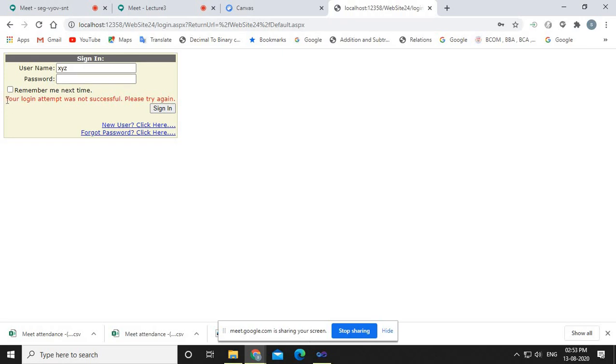It won't allow you, right? You might think, sir, I entered the correct password, so why doesn't it allow me to log in? That is because we have completed only half of the forgot password process, right? So ASP.NET has reset the password of this XYZ user, but unfortunately because we have not set the SMTP settings in our website, it fails to send the new password, but the password of XYZ has changed, right? Okay, fine. So this is how you can perform a forgot password, right?